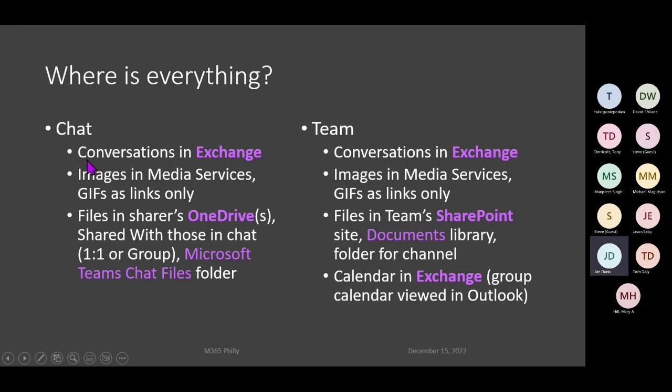If Megan leaves the company and her OneDrive gets turned off or archived, I won't have access to those files she shared with me in chat anymore. They're gone or they're locked away, and I'd have to get the Exchange permissions to get it unlocked to get those files back. But if someone shares it to the group, to the team, and they leave, those files, that information is part